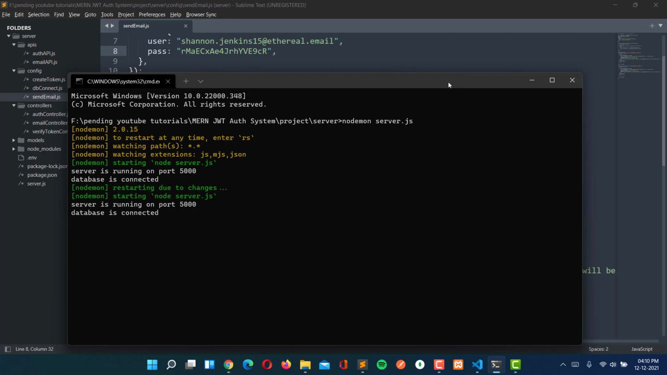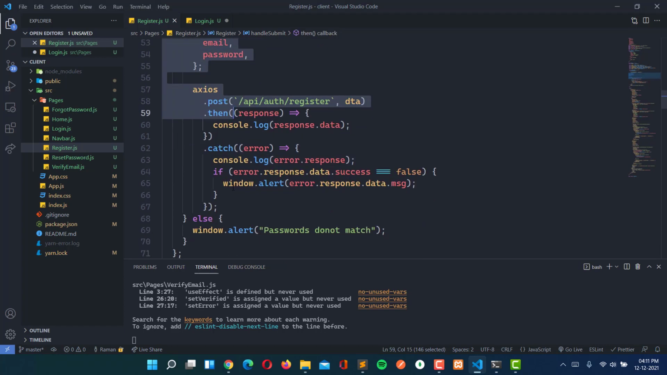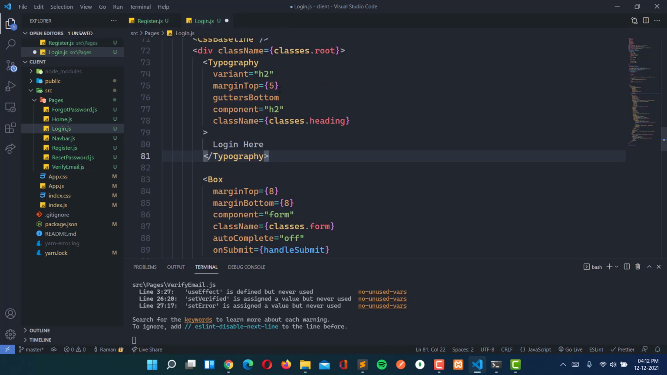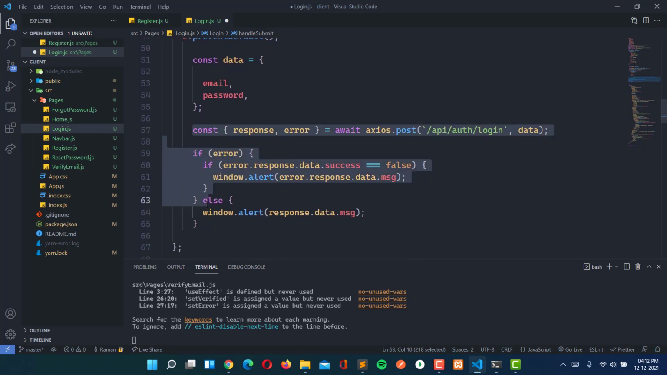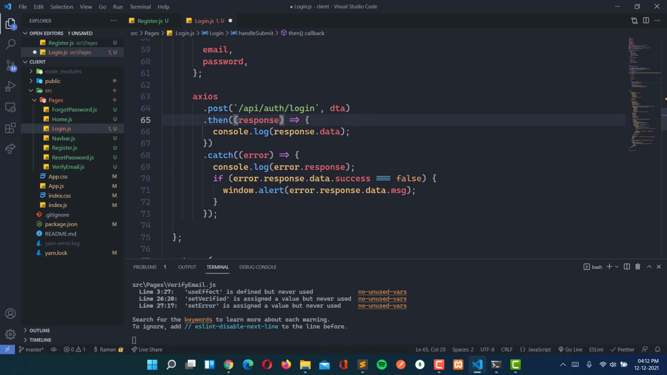So now let's move for the login. So for the login also we are going to do the same thing. So I'm going to copy this DTA and copy this, and let's go to the login.js here. So here I'm going to paste this. So let's paste this, and here instead of register it will be login, and we don't need this one, and here it will